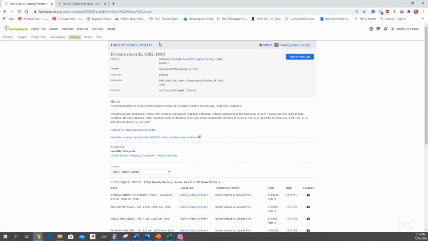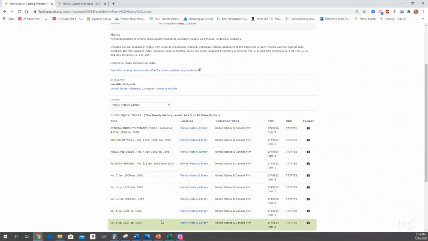And again, go ahead and look at the notes. I would recommend this because FamilySearch is not determining the organization of the actual courthouse's records. The courthouse did. FamilySearch isn't just out to make our research difficult, right? This is just how they went in and microfilmed how the county had everything set up.